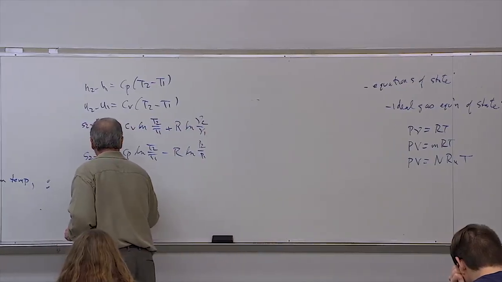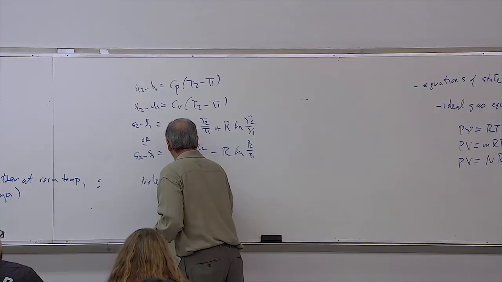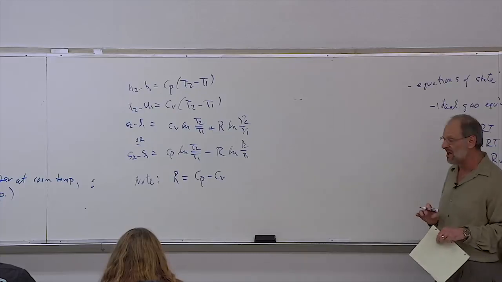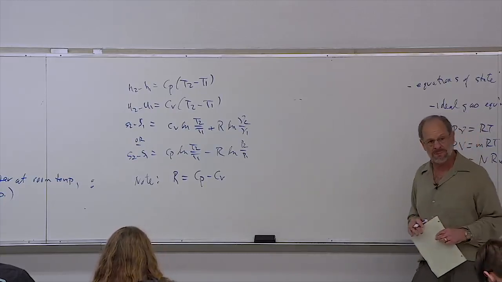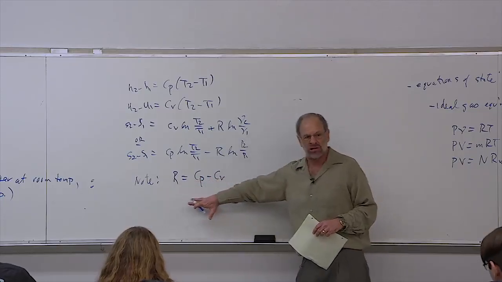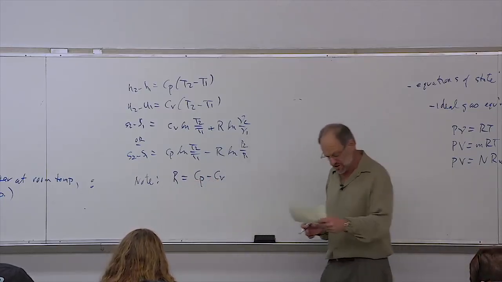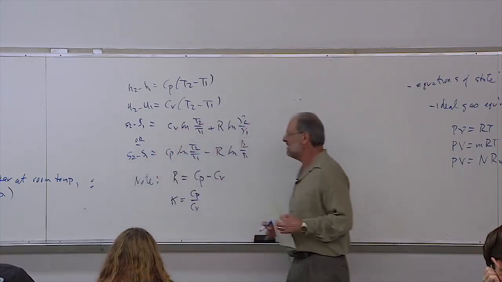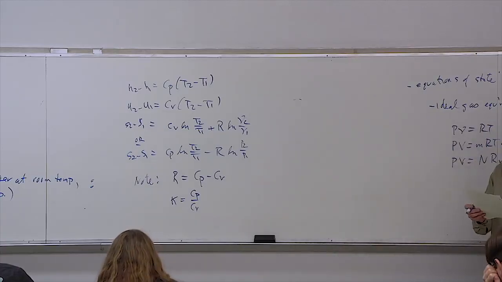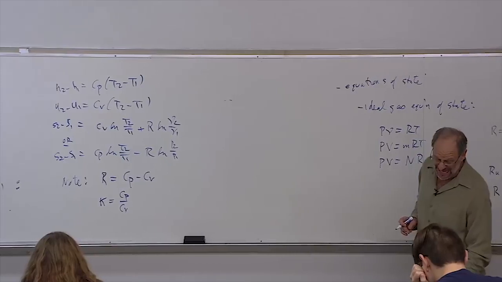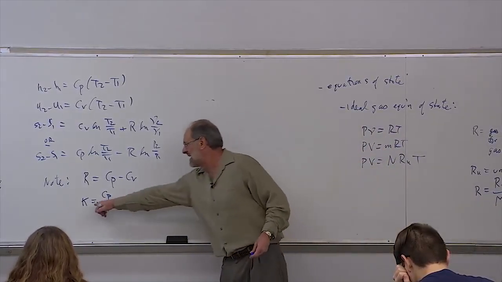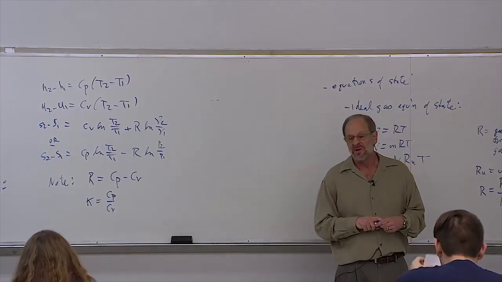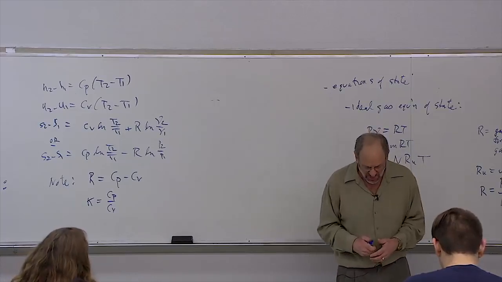One last note regarding ideal gases here is that R, the gas constant, is actually the difference between the specific heat at constant pressure and the specific heat at constant volume. Again, we're generally not going to have to actually apply this equation, but we should at least know that this is true. And let's also note that for many problems involving ideal gases, we're going to need to know the ratio of Cp over Cv, and we call that ratio k. So again, k is not something you'll actually have to calculate. It's just something that you're going to find in table A2. I think it's the very last column of data, and you'll just have to pull it out.